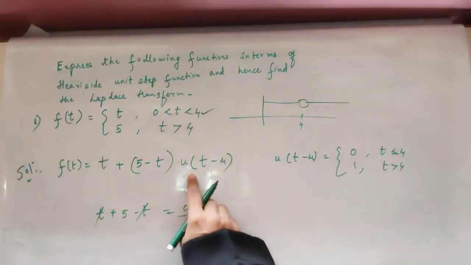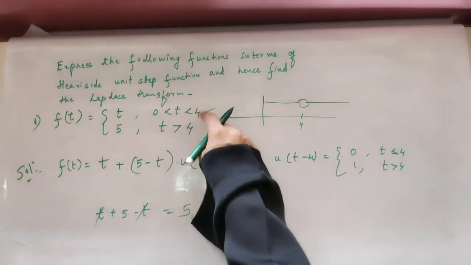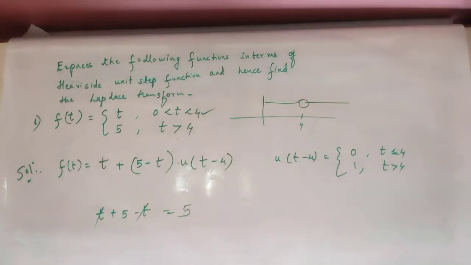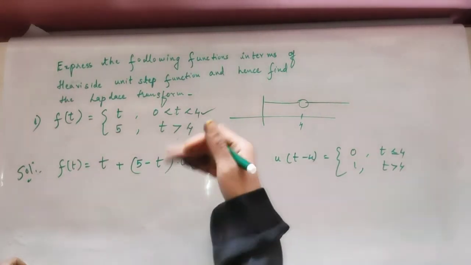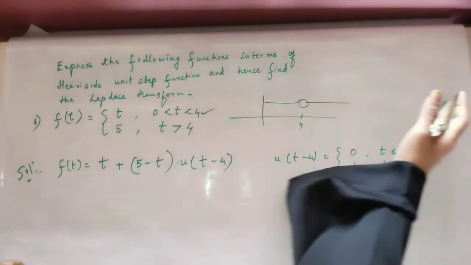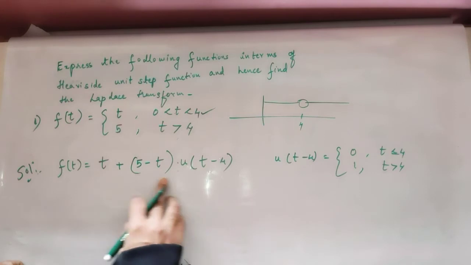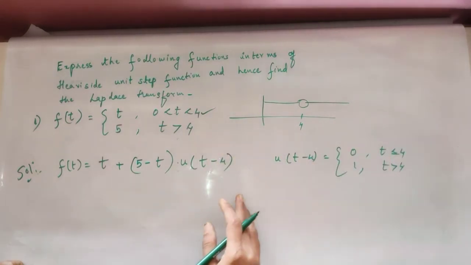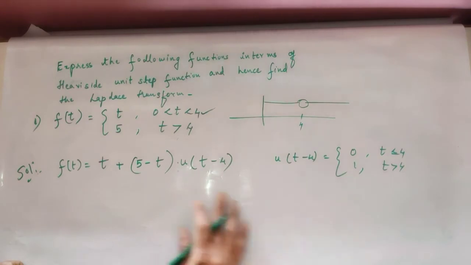Is it not? Using this unit step function, you need not define it in two ways like how we have done in the above given definition. The given definition gives you two ways of that function, meaning it is defined in two different ways in that complete interval. But here, in that complete interval, we can just give one simple statement using this unit step function. I hope this is clear to you.